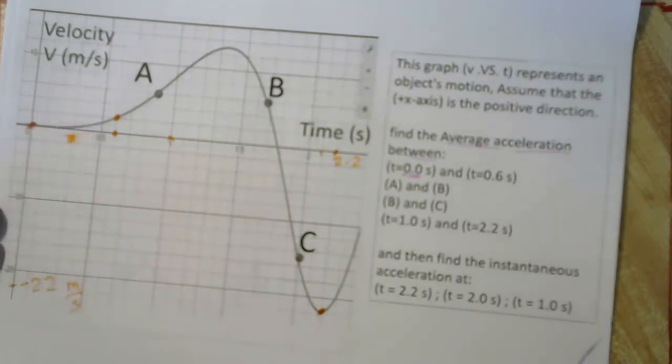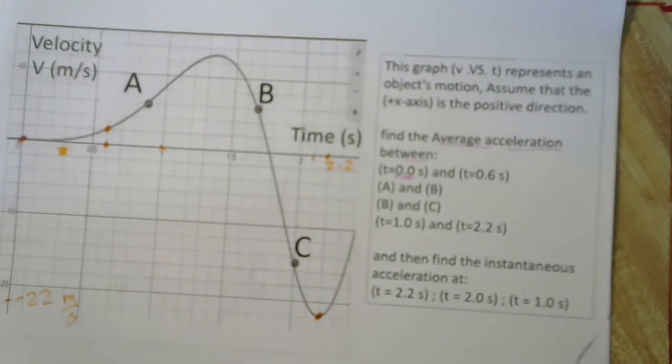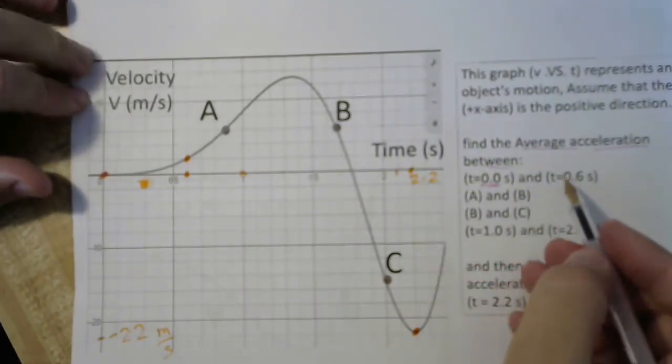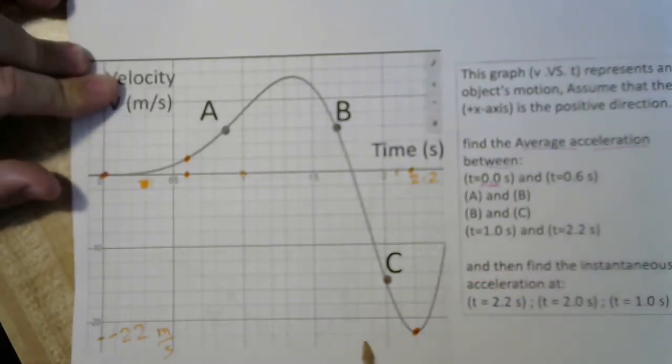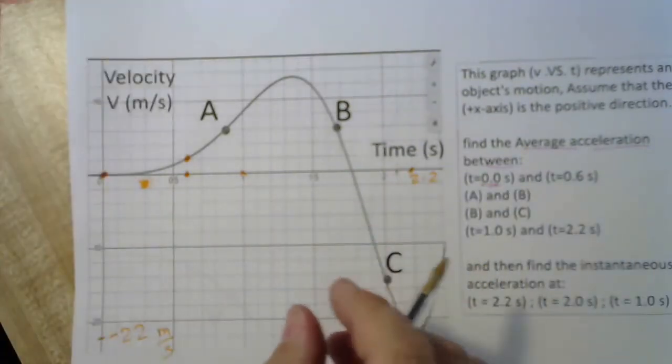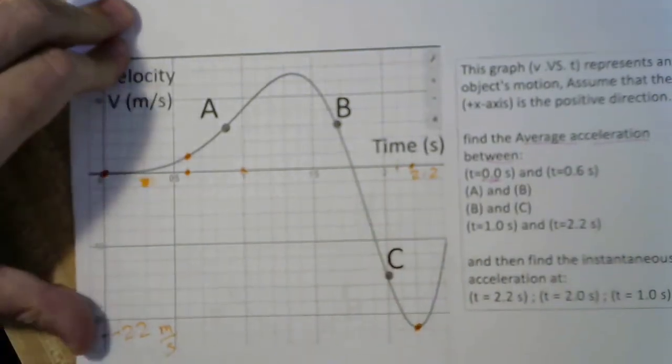I have the velocity here. I think it will be easy for you. I will compute the first one. I can compute it just without drawing any lines. I'll draw the line, but I can compute the